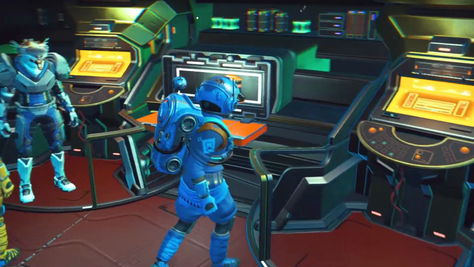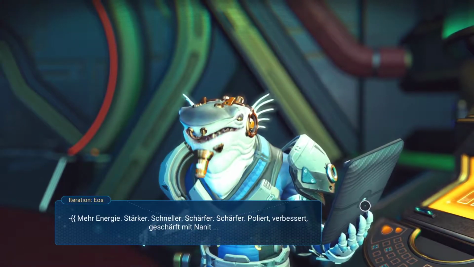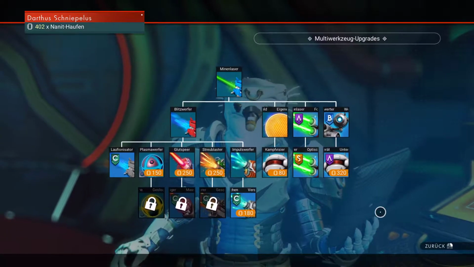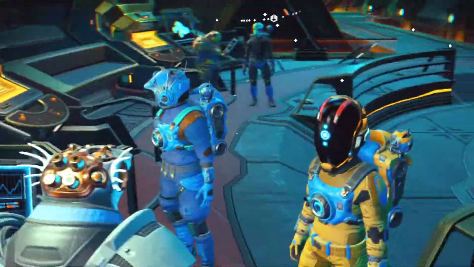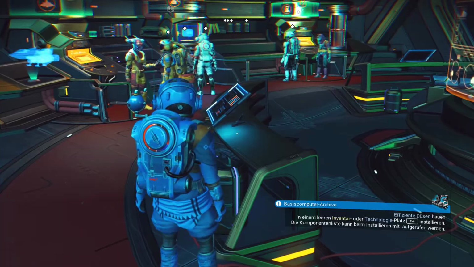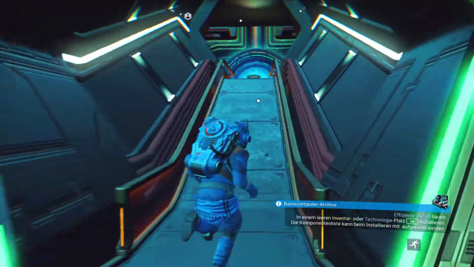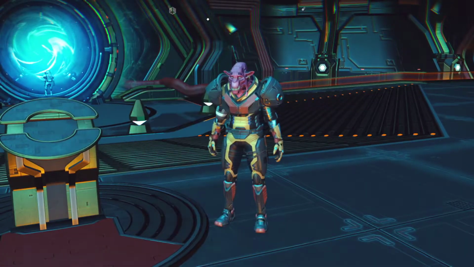Sadly, this is not the gun I was looking for. Here's the possibility to improve your upgrades for your weapons. You can buy that with the nanite currency, which is something you will get for exploring. Like, you'll find non-working machinery, you repair this, and if you repair it, people will be able to